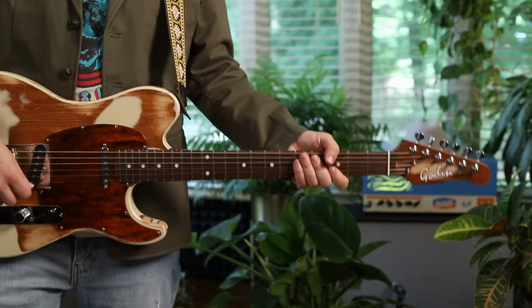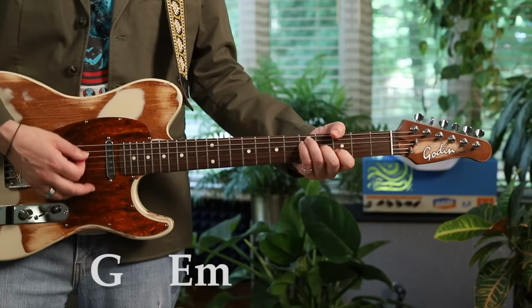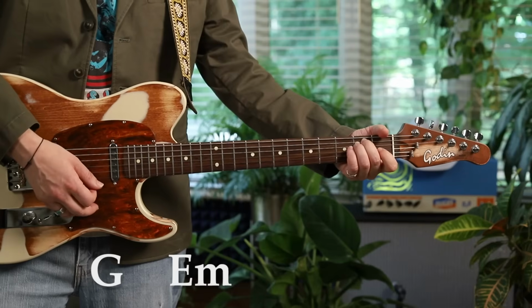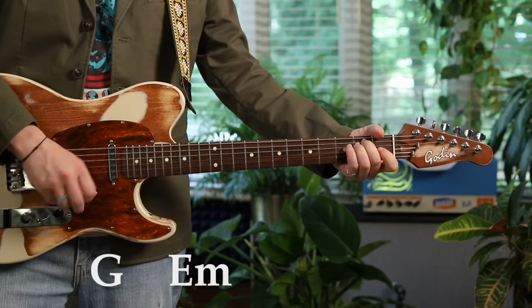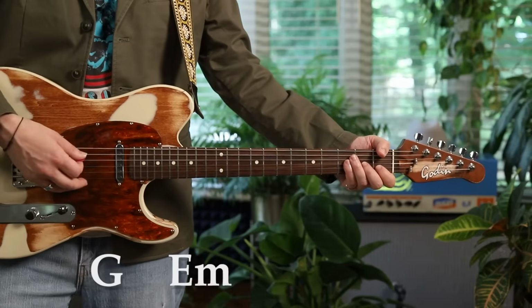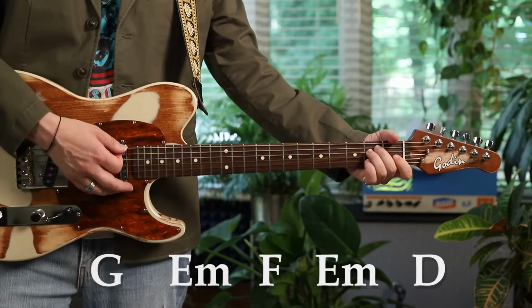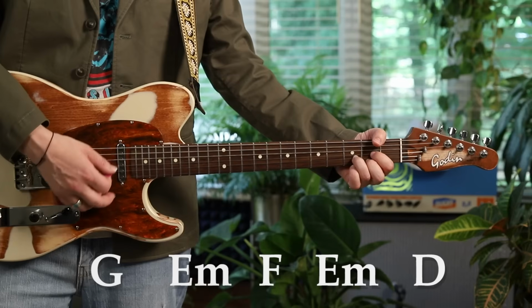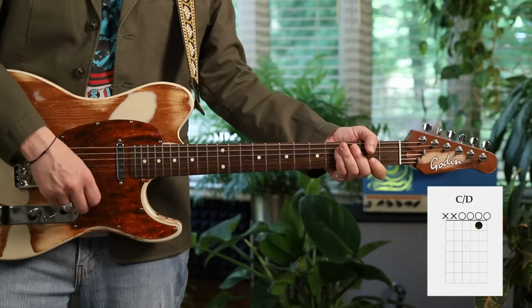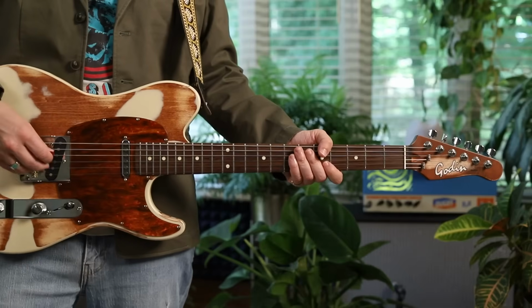Okay, let's look at the first part. The chord progression is G, E minor, G, E minor, G, E minor, and a neat little walk down. Already there's going to be some interesting key change stuff happening. F, E minor, and then a D, and a D, well, really a C over D. All right, the vocal melody is major pentatonic